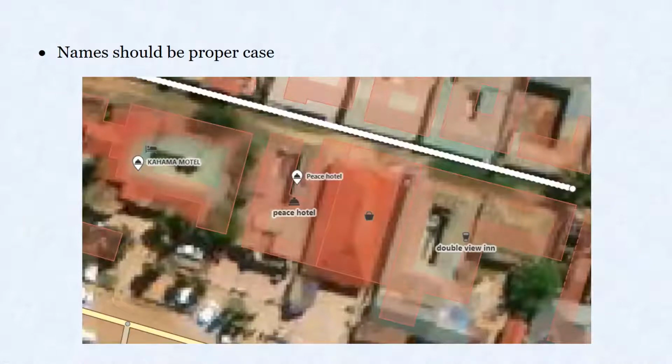And then again, here's an example of a couple of different places where the editing needs to take place. It's difficult to make those changes in maps.me. And this is not bad, because people in Gahama were doing the editing, and they said this is a Peace Hotel, and then